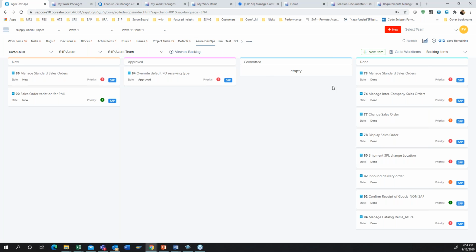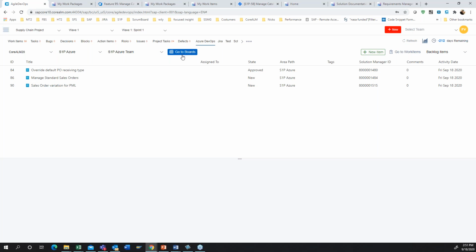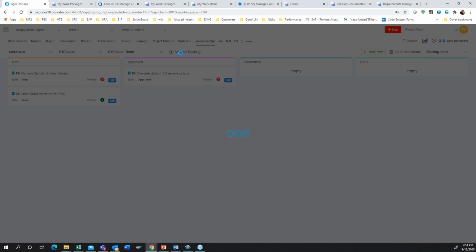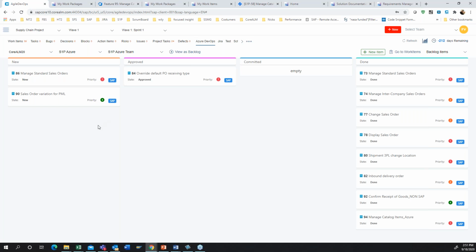For me as a Scrum Master, I can come in the morning meeting and go through the board, and I can make changes if necessary if the team didn't make them before. We also have a backlog view here, similar to Jira, and a board view. And what's also important,